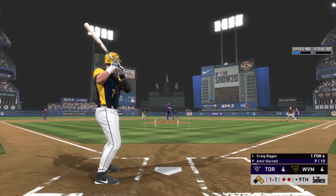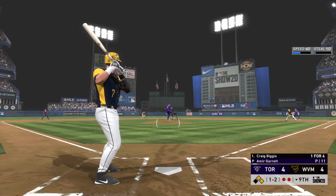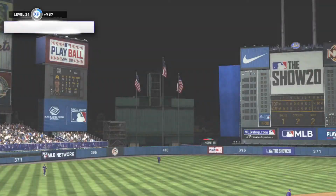Hey, there's not a lot you can do with a slider breaking down and in unless you catch it way out front. I like the idea of taking it and making the pitcher bring you something a little more hittable. Hit on the ground out to short. Fielded cleanly. Sandberg's got the...